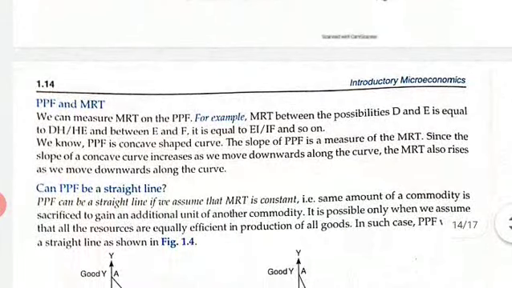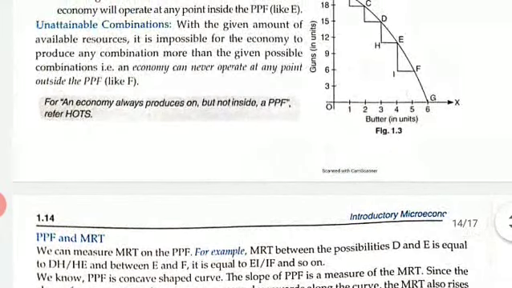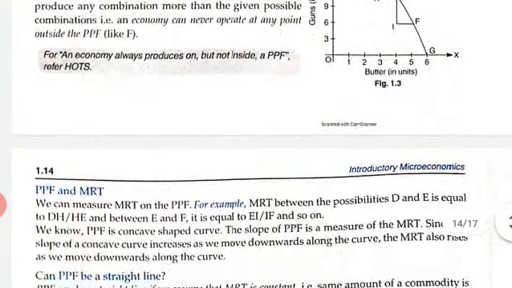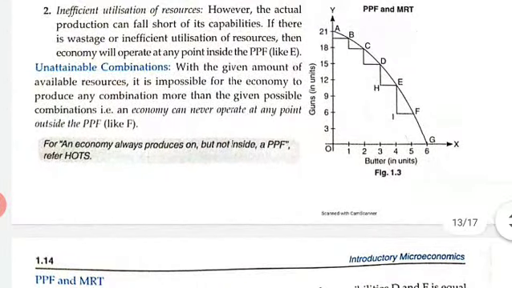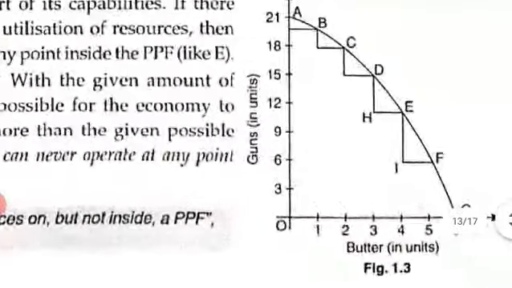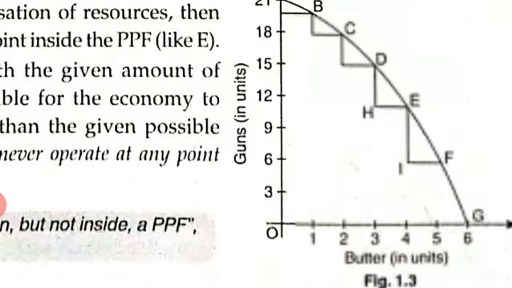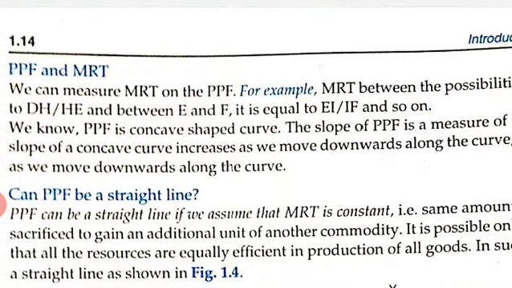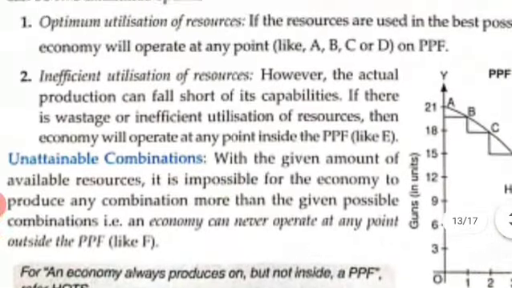Okay, so after that we can see the PPF and MRT. If you see the relationship between PPF and MRT, we can measure MRT on the PPF. For example, the MRT between the two possibilities D and E is equal to DH by HE, isn't it? DH by HE, and between E and F it is equal to EI by